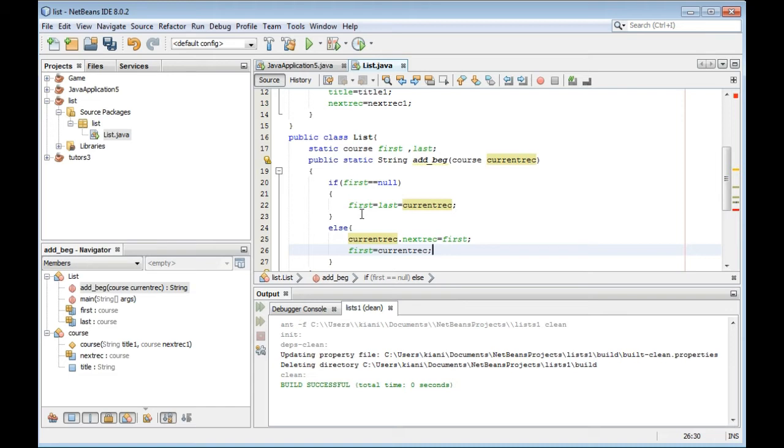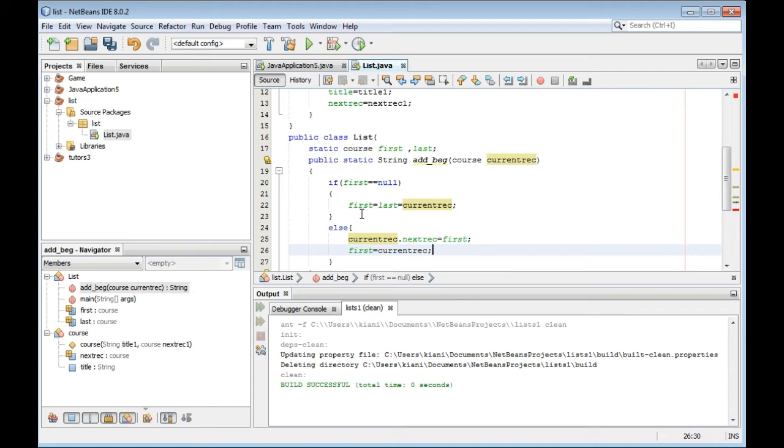Now if first is equal to null, if there is no record, this is the first record, then first is equal to last is equal to current record.